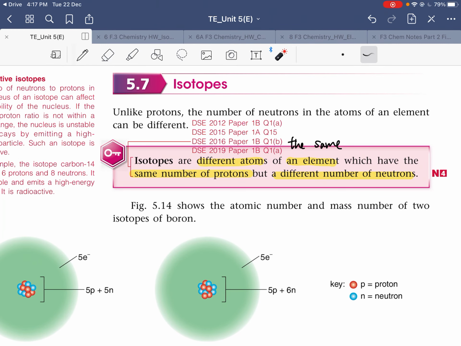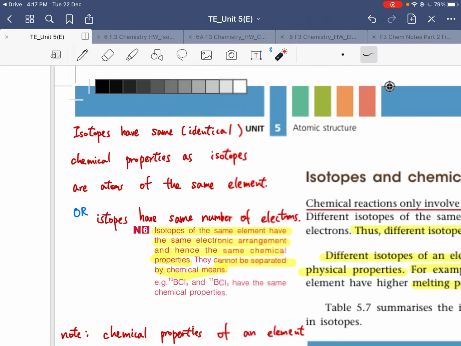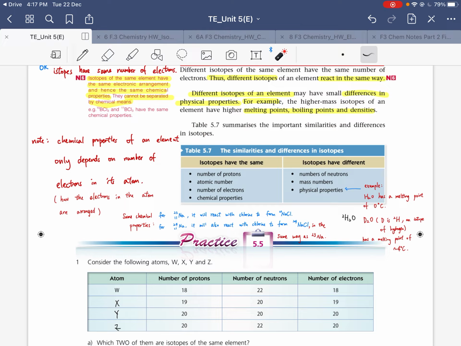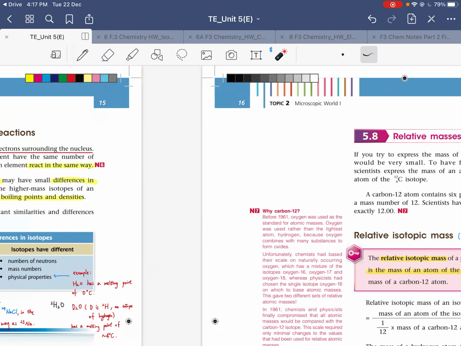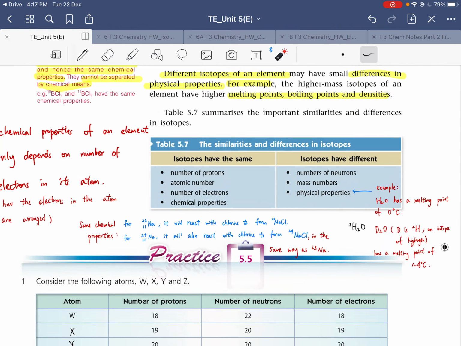Guys, and for isotopes, remember the definition, very, very important. Different atoms of the same element having the same number of protons but different number of neutrons, okay? I guarantee you will see it because it's so important. And for calculation, you need to know it, of course, but before calculation, the chemical and the physical properties. Isotopes will have exactly the same